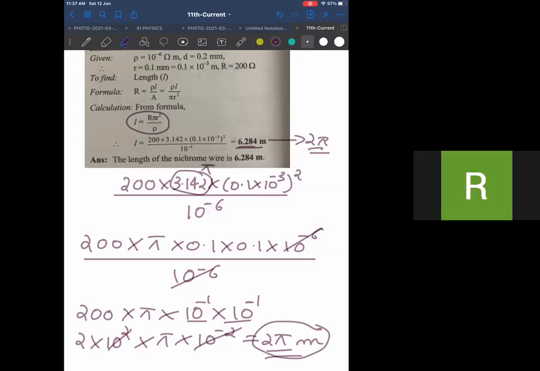Yes, sir. Sir, we can also do like that 1 into 10 minus 4 square. Correct. We can. Whichever way you're comfortable. Because in math, some people like keeping decimals, some people keep like fractions, some people even like to substitute pi as 3.14. They don't like keeping pi as pi. 3.14 is fine, Tanish. 3.142 is not compulsory. 3.14 is fine as pi. But the best substitution for pi is 22 by 7. That is the best substitution for pi because there is no confusion.